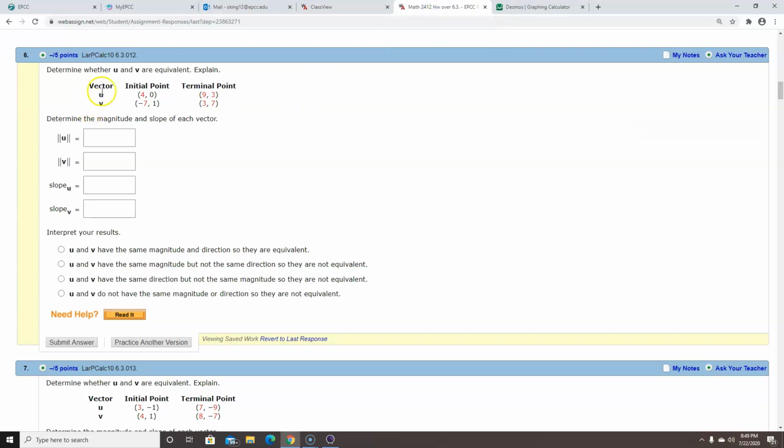Notice for vectors, they make it in boldface type, so it's darker and thicker here. For us, unless we wish to make it bolder on our paper, otherwise,